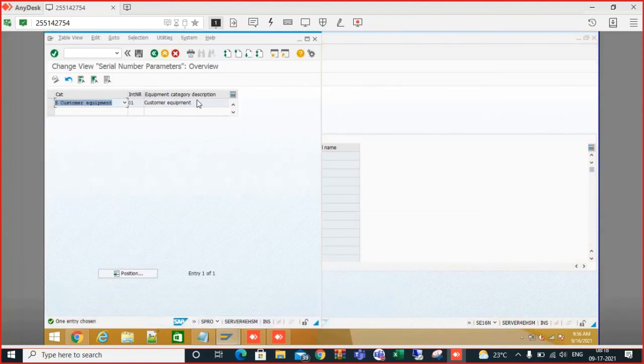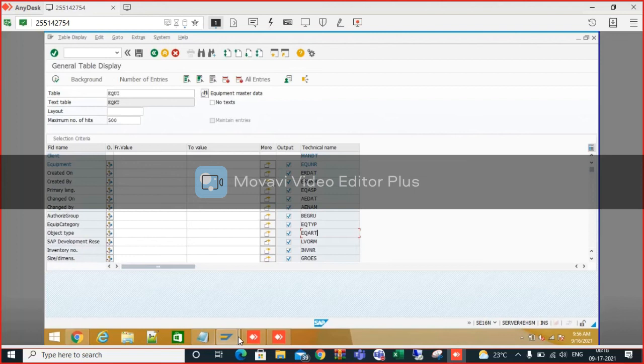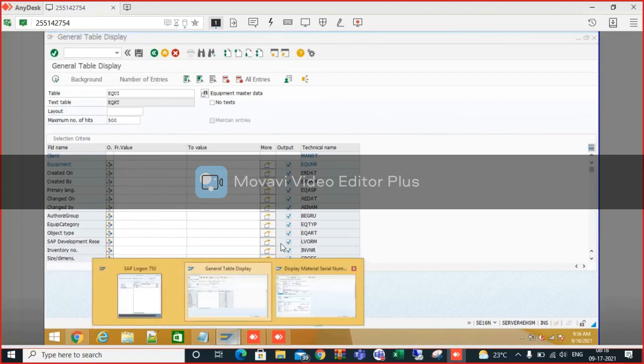So in some clients, different equipment categories need different serial number profiles. Okay. So we have all the flexibility in that serial number profile configuration. So rest of the things like